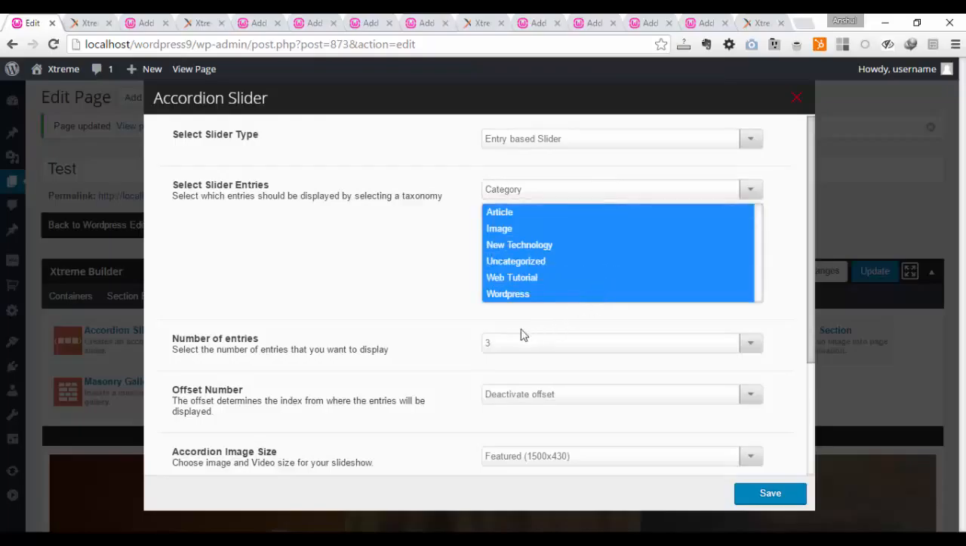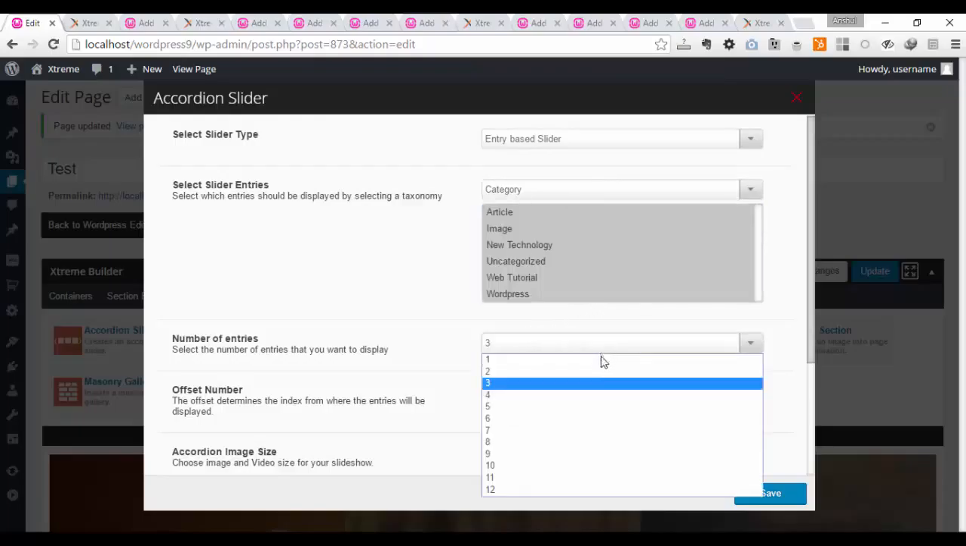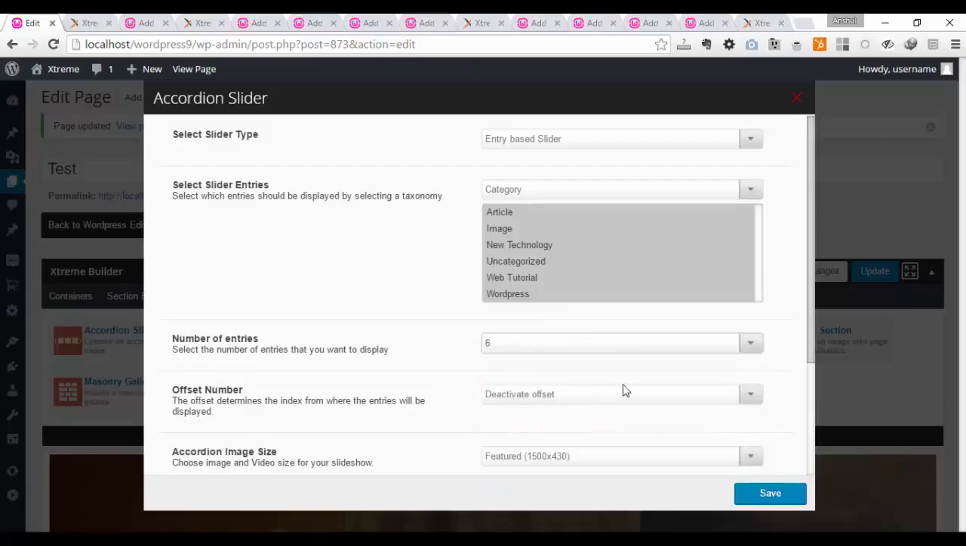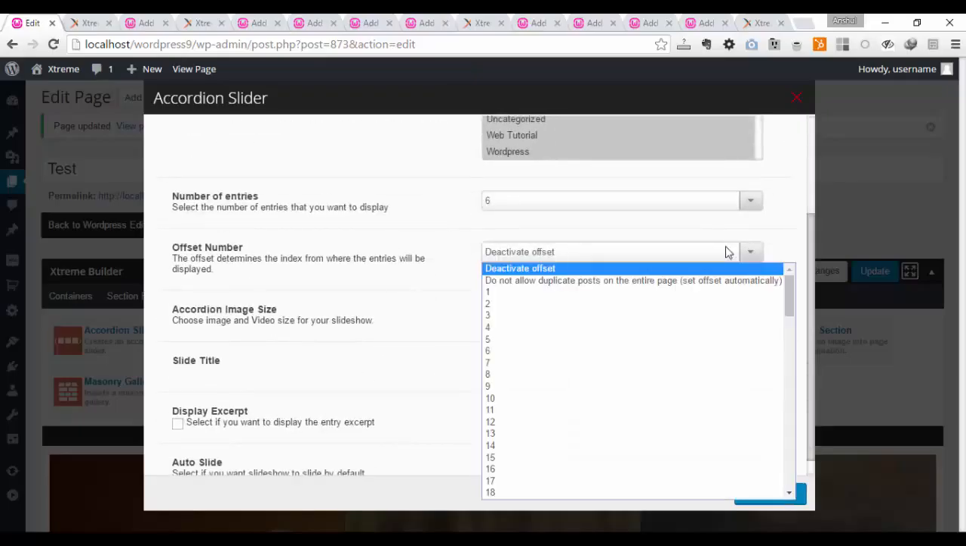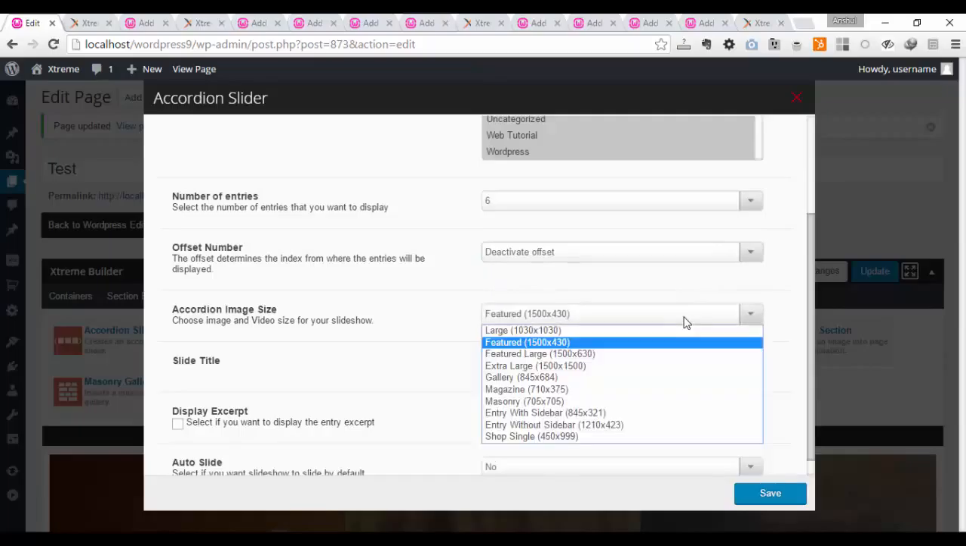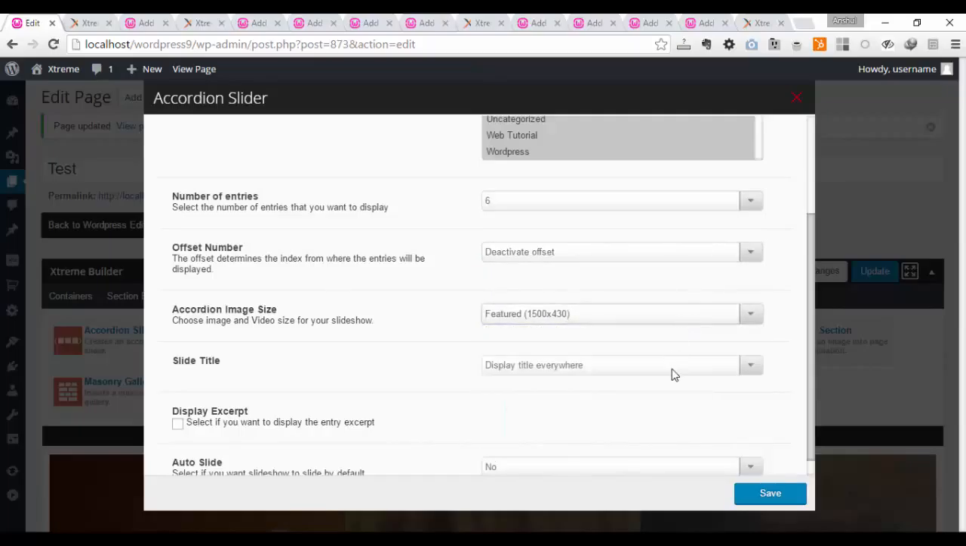So let me select all the categories for now, and I also can select the number of entries to be shown in this slider. So let me make it 6 categories at once. I can set the offset of the posts. I can also select the image size of the accordion. I can give it a slide title, so the title will display, and I can also display title with excerpt